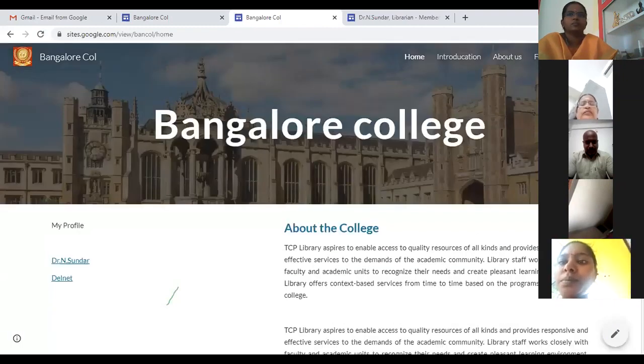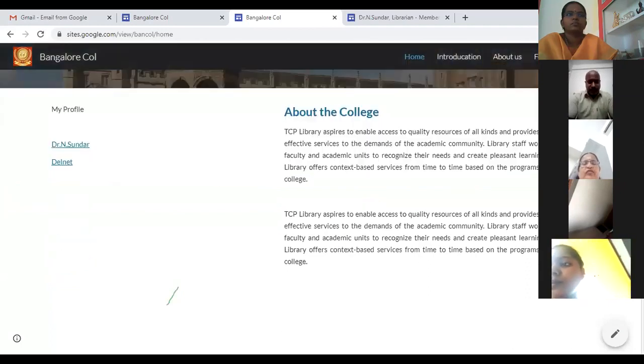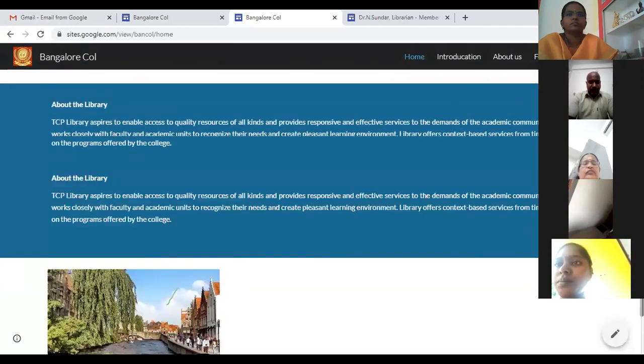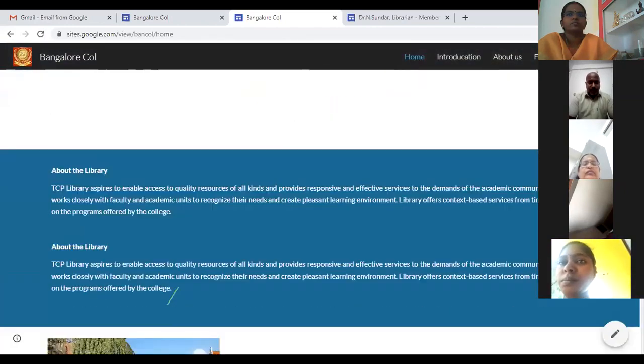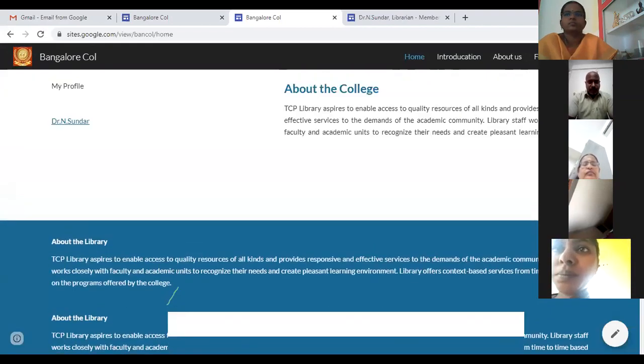I have designed this in 45 minutes. This 45 minutes I'm talking and I'm teaching you. If I'm not doing that, I can create this page within 15 minutes. If you have the content ready, only 15 minutes is enough to create the website, if you know all the options. So my humble request, you guys have to explore the options. There are so many options, you have to explore them.